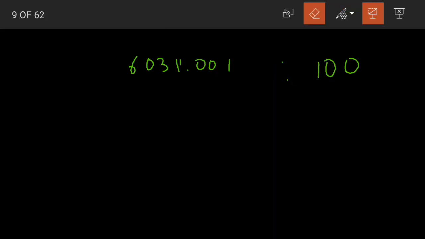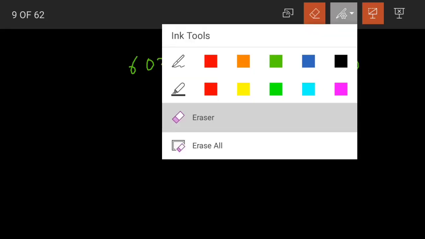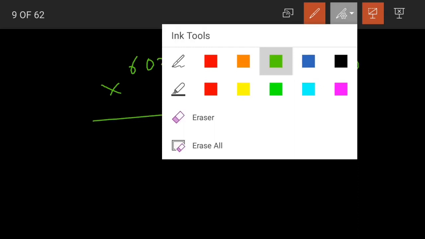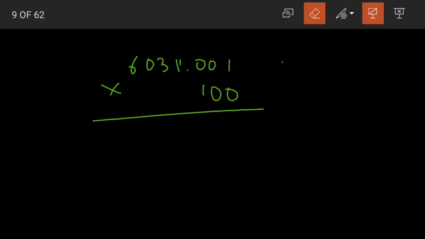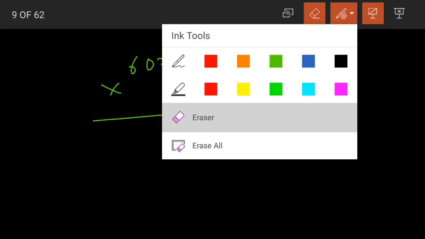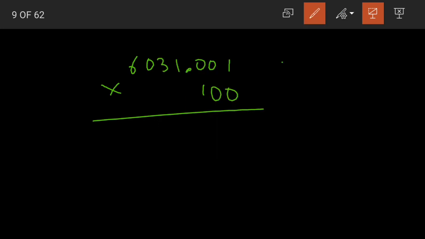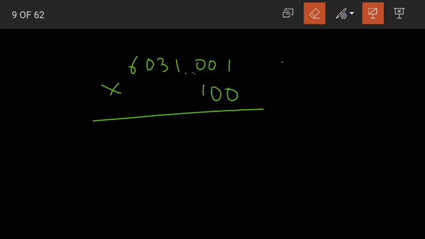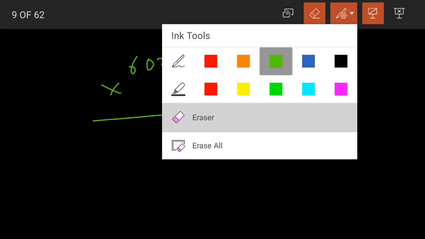Okay children, we know that we did not cover multiplication of decimal numbers in our chapter, but multiplication of decimal numbers is very easy. We already know how to multiply whole numbers, right? In the same way, multiply these two also as whole numbers without the decimal point. Understood? Here we are having the decimal point in 0.001, but for the purpose of multiplication you can simply forget that there is a decimal point.